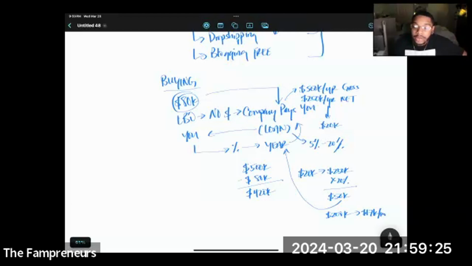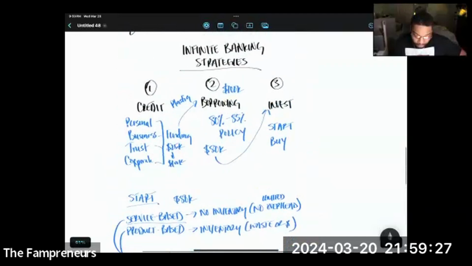The whole key thing here is that you did a 3-step process. You use credit, and you don't have to. You could just use your personal money that you're investing into your life insurance policy. It's just that you'll usually have to wait between 2 and 5 years to be able to really do something with it if you're on the personal side of things. But if you're on a business side of things and you're executing, this is why we like leveraging credit first, because when you get credit first, you put it into your life insurance policy and then you start investing into a business. It's just that this one takes a bit longer to establish,